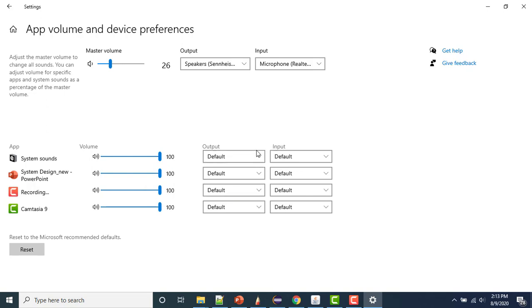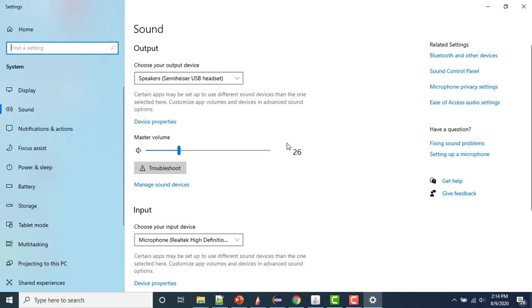And the output and input should be the default option, right? This is the default, meaning from where it should take the default volume or default case. From here we can change that. Now here we have selected that this should be the output and this should be the input, so this is what I'm connected to, and this is the master volume that we have, right? And if you want, we can reset whatever we have changed, right? So these are all the options in the sound section.